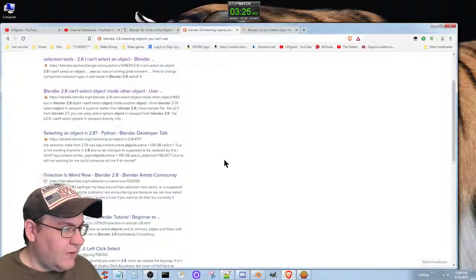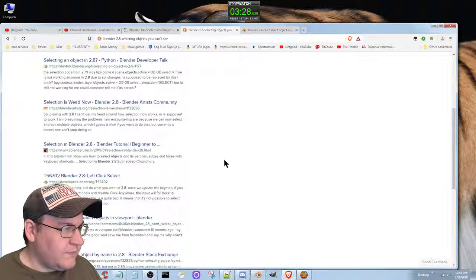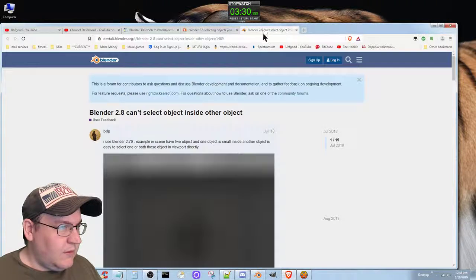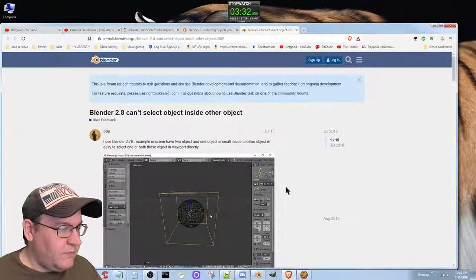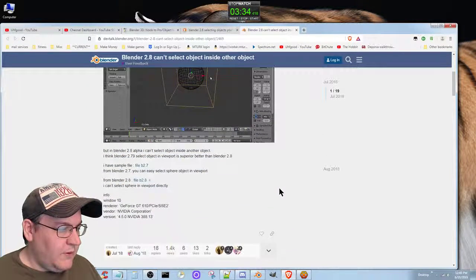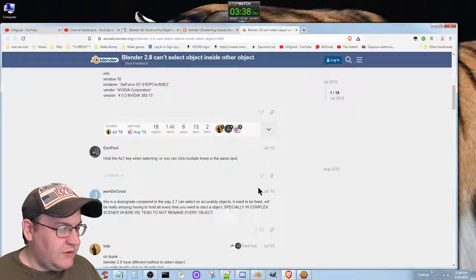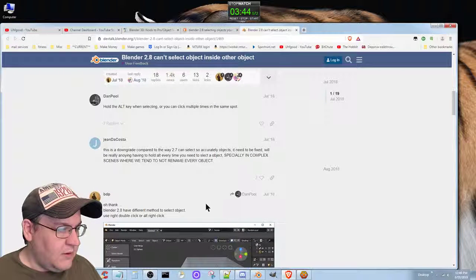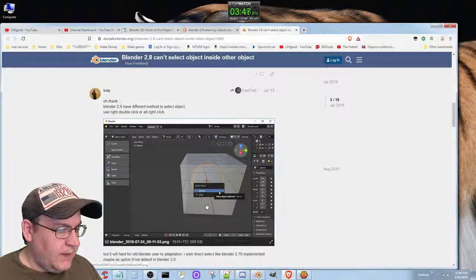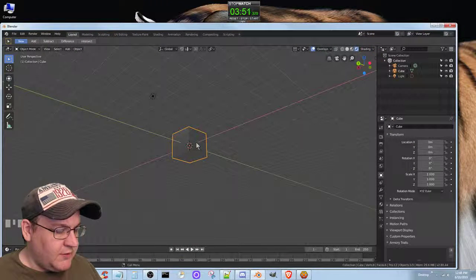That might have to do with something. Hold the Alt key when selecting, or you can click them multiple times in the same spot. That is an object within an object, which probably doesn't apply, but